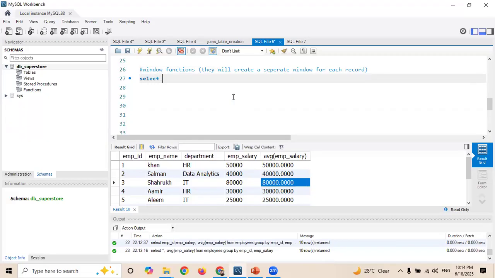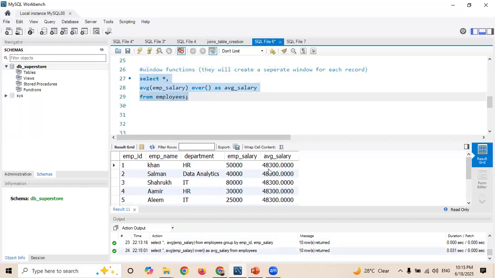Select all the columns, and here I want to use the average employee salary. In order to make this function a window function, I will use this over clause, right? Here I will use the over clause, and let me name this as average salary from employees. Right? Now when I run this, it will give me the same average salary for all the records,